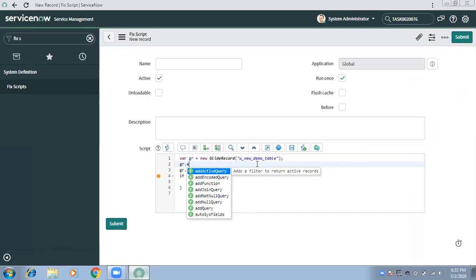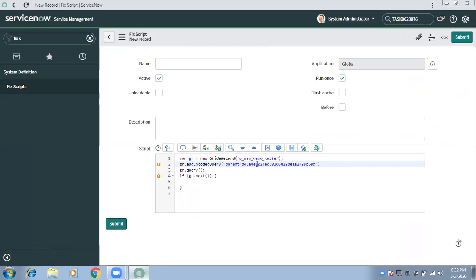Then I need to query the records which I need to delete. So I will use gr.addEncodedQuery and paste the query which I copied, and then a while loop. It's similar to updating, where we went to each record; for delete also we go to each record and delete each one from the data.